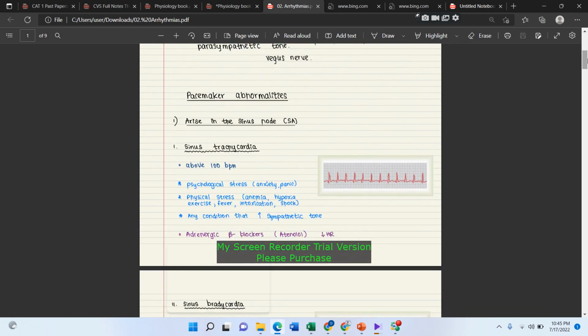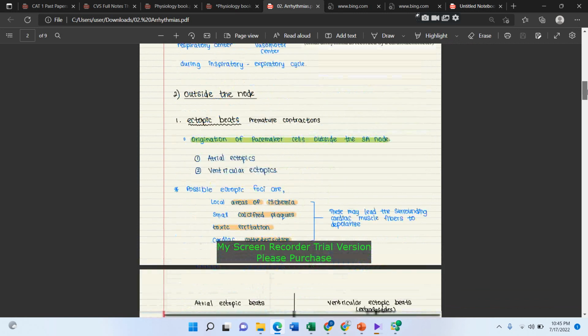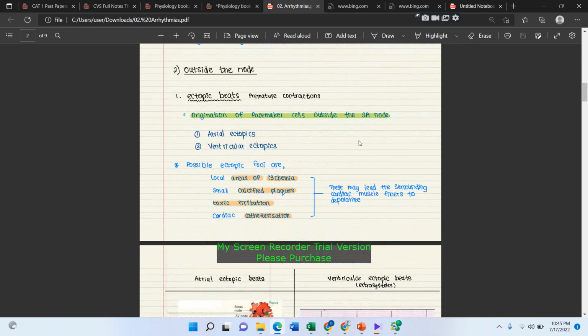If we talk about ectopic beats, that means outside the SA node, some tissues or cells act as the pacemaker cells. So some cells outside the SA node, but within the heart, achieve the ability to depolarize the surrounding cardiac muscle fibers, and therefore they can act as pacemaker cells. These can be either atrial ectopics or ventricular ectopics, and the reasons for these possible ectopic foci are